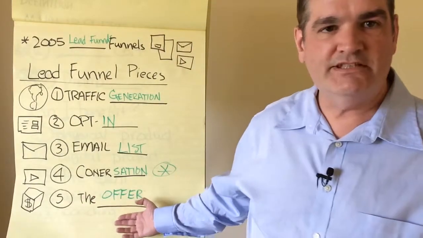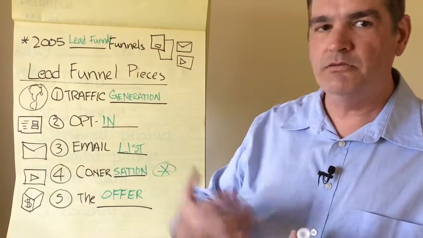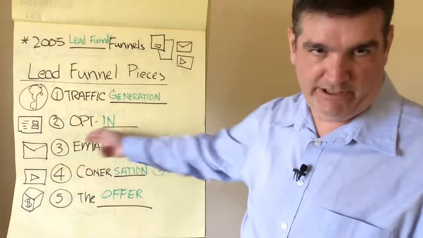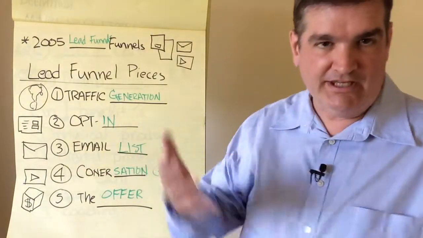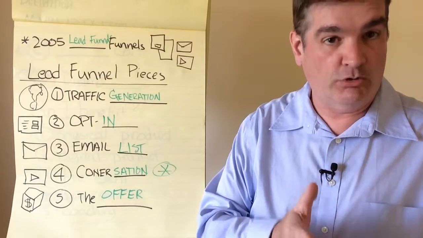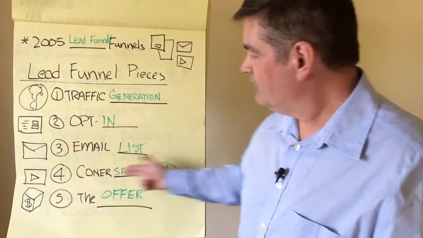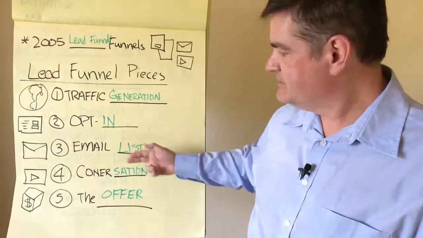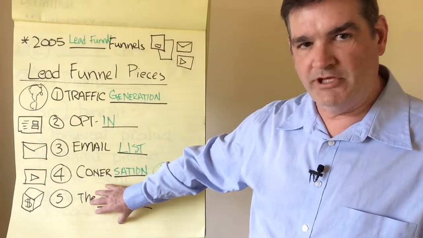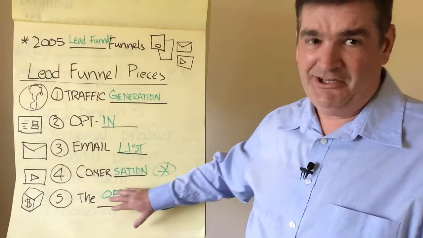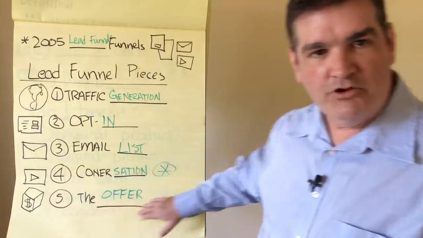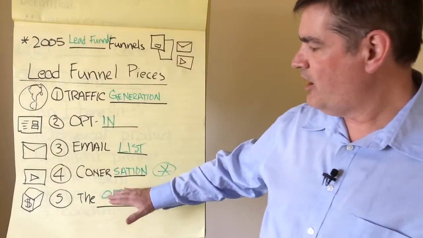The offer is basically you offering your valuable solution to your list's pain points. Say, again, the equestrian club, I know nothing about horses, but I know how to pronounce the word equestrian. So if you have an equestrian email list and you have your great offer, which can save them hundreds of dollars on grooming costs and help them to get to know their horse better, you can make your valuable offer. And the valuable offer leads